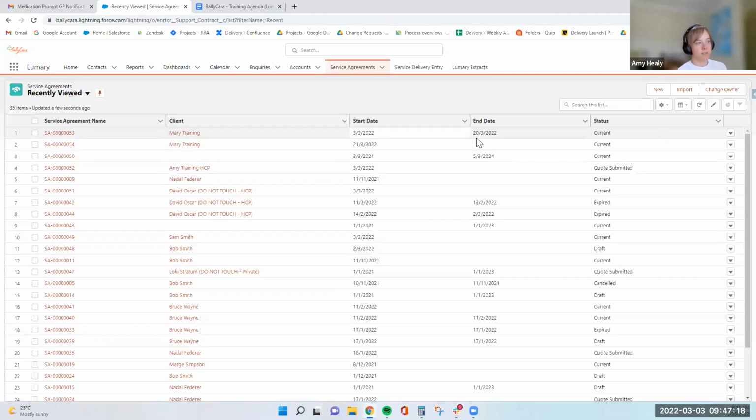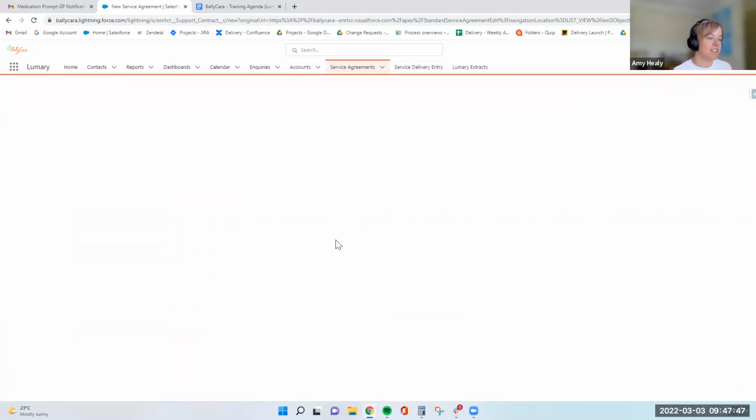So when we're on our service agreements page, when we're setting up just that generic block funded service agreement, I know that for some people, you might just set up one big one and then that's just used all of the time. I understand that CHSP is mainly around hours rather than figures. Honestly, still getting my head around it a little bit, but we click on new, and this is just creating